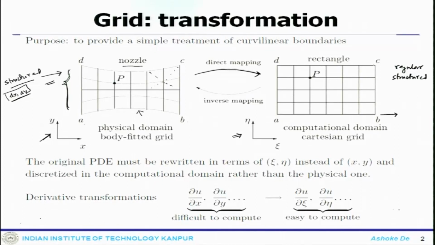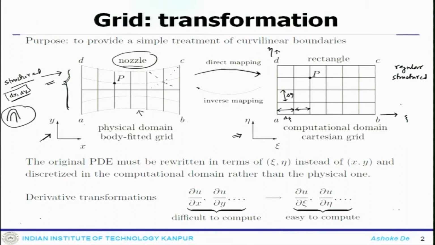orthogonal plane. Now, AB lies in the xi direction, AD lies in the eta direction, and importantly these now have uniform spacing, this would be delta xi, this would be delta eta. So, it helps you to transform a curvilinear system like this kind of geometry. It could be a cylinder, it could be some other U-bend, anything with this kind of nature in a complicated system, you can always convert to this rectangular system.